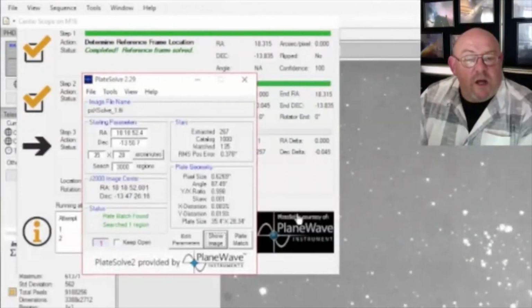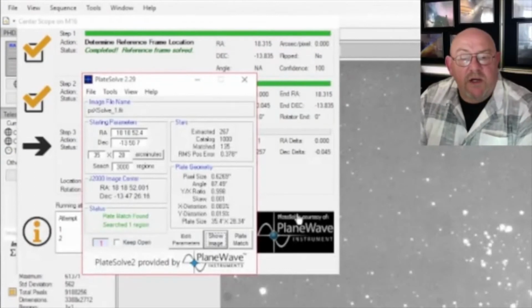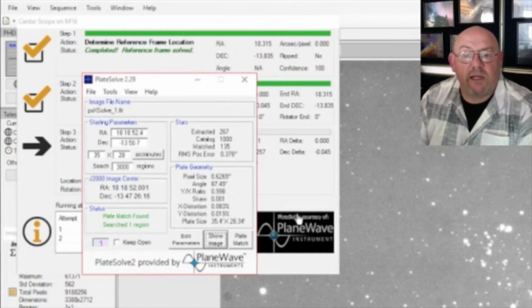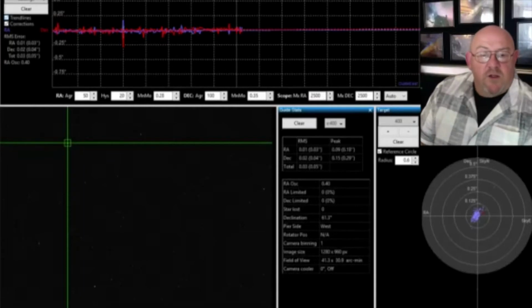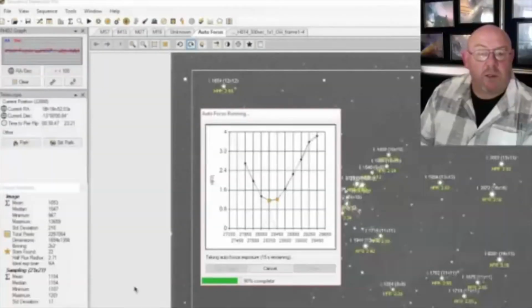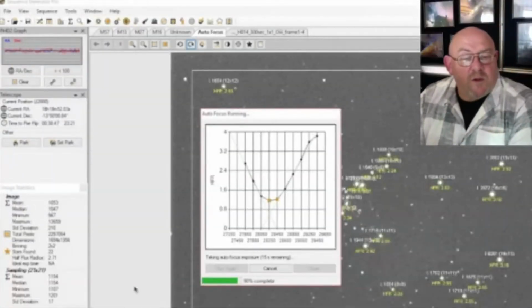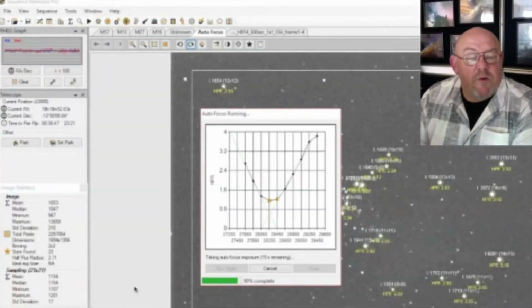Once the software knows where the telescope is pointing, it will send corrections to the mount to change the telescope direction, take another test shot, and keep doing it until the exact position is found. The software will then set up the guiding software, which will find a star and track onto it. If autofocusing is set, then it will go through a focus routine.